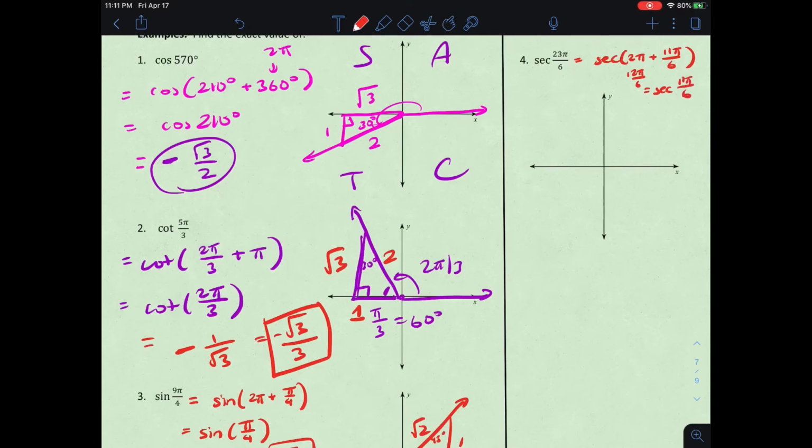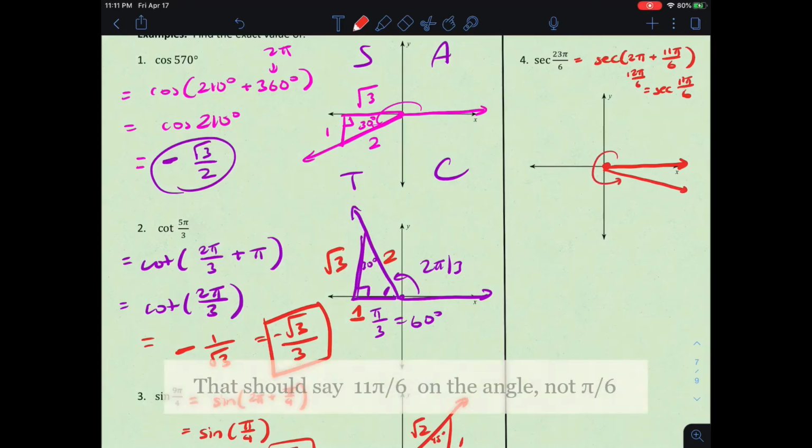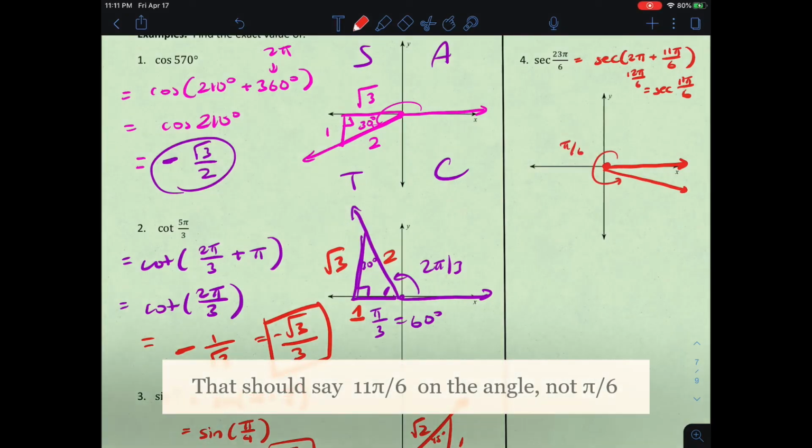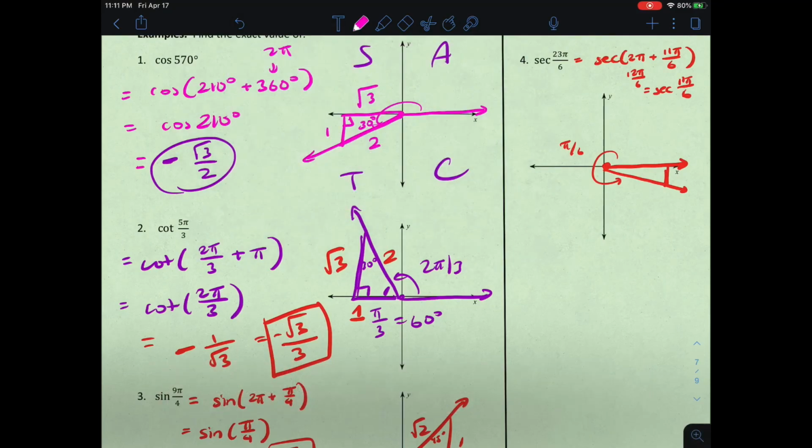So at this point, you can always just draw a right triangle. But first, you want to draw the angle in standard position. So 11 pi over 6 would look something like this. Right? But again, you want to be looking at the reference angle. The reference angle would be just pi over 6. Pi over 6, by the way, is just 30 degrees. So this is a 30, 60, 90 triangle. So I'm going to label the shortest leg 1, the hypotenuse 2, and the longer leg square root of 3. And so from here, using this reference angle right here,